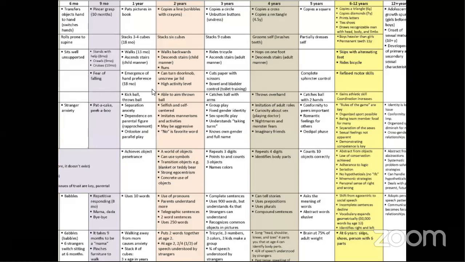Next, ma'am. Okay. So this chart will tell you about all the fine motor, gross motor, language and everything. Here,